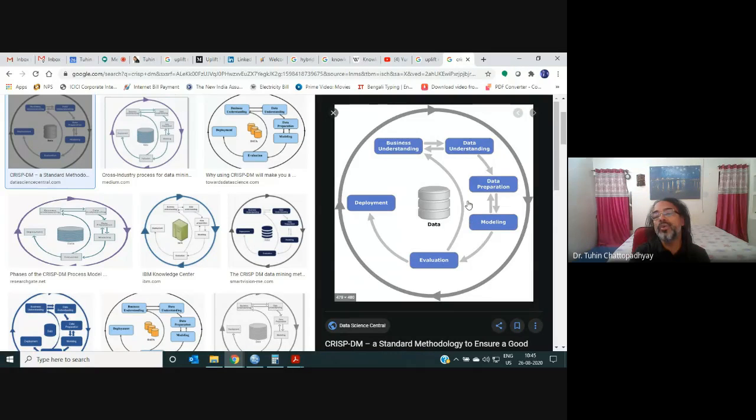But then how will your model behave when it meets another set of data? It's very important to check. And finally you deploy. Sometimes it happens, if you are doing a project for a company, the company also won't give you complete data. They will keep 30% of data with them and give you 70% of data, which itself is huge. But then they will intentionally keep 30% of data with them, so that at the end of the day, if you say that my model is 90% accurate or 80% accurate,